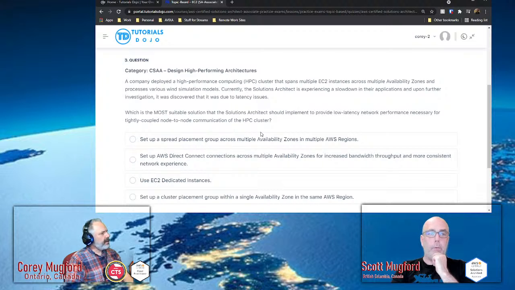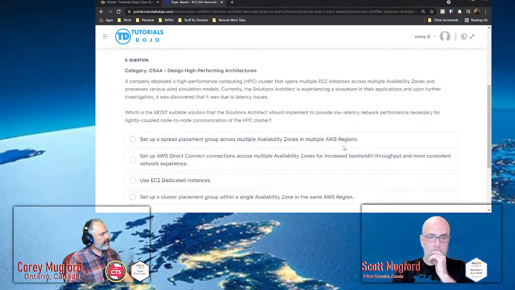Gotcha. A company deployed a high-performance computing cluster that spans multiple EC2 instances across multiple availability zones and processes various wind simulation models. Currently, the company is experiencing a slowdown in their applications, and upon further investigation, it was discovered that it was due to latency issues.